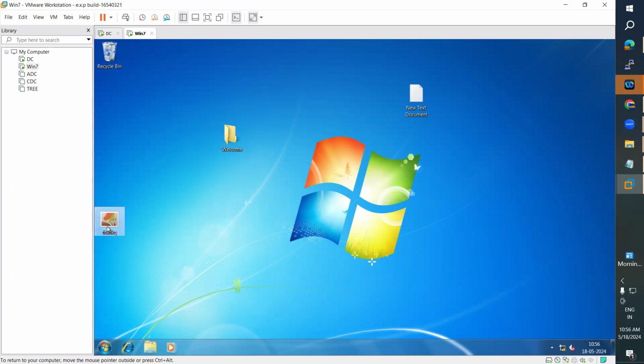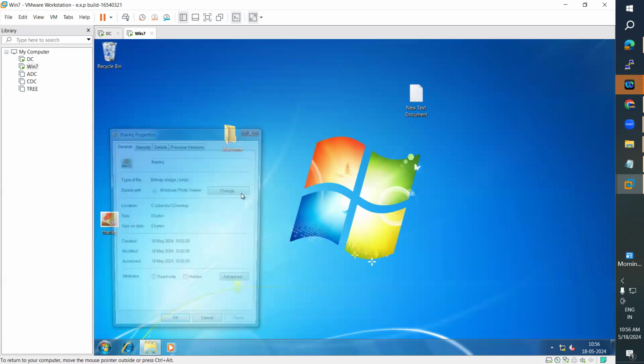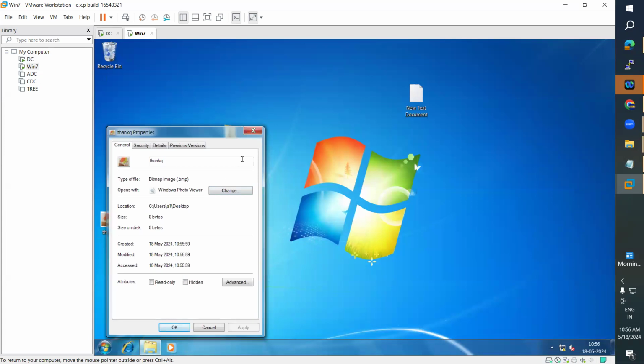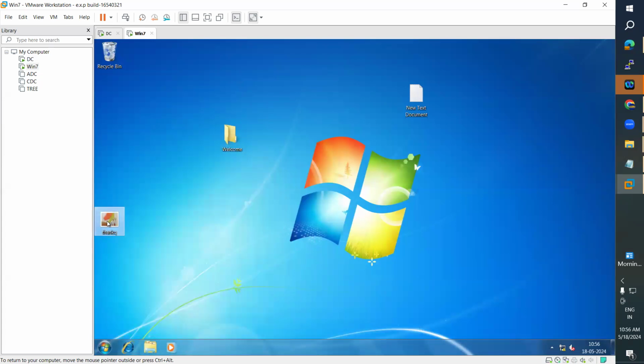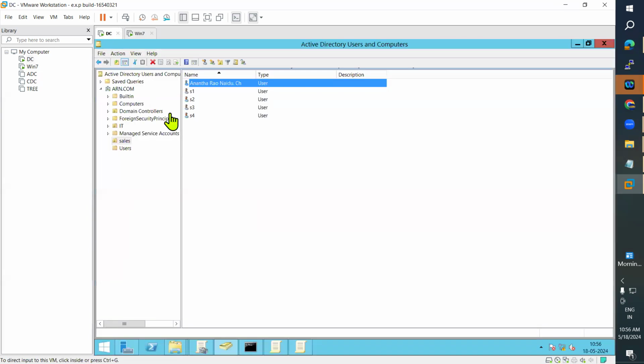Right click on it. C users S1 desktop. See, the data is being created in this machine's desktop, right? Okay, this is before applying the policy. Now I will apply the